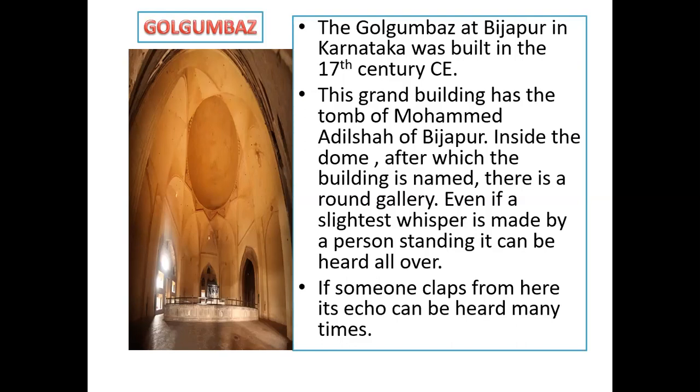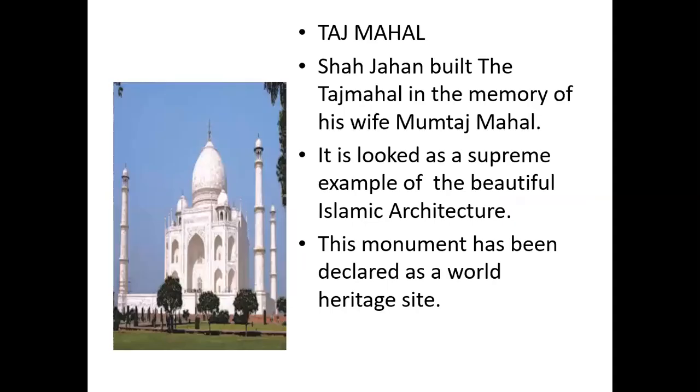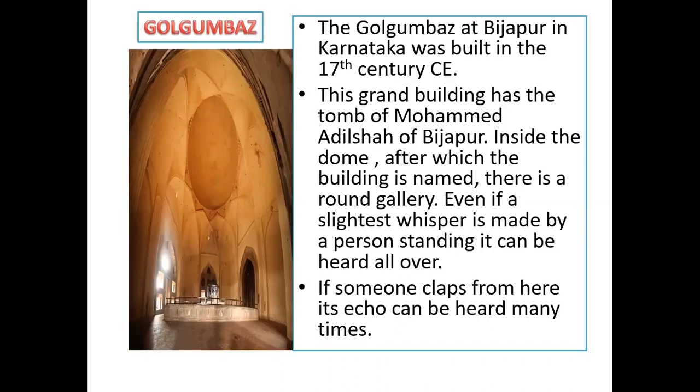In Islamic architecture, the most important feature you can notice is that you will generally find minarets. Another example is the Taj Mahal. There are small minarets on the sides, and there is a dome and arches. Many times you find verses from the Holy Quran inscribed on the walls of these structures. So you have another very good example of Islamic architecture.